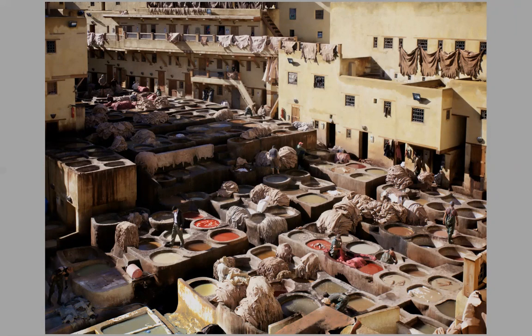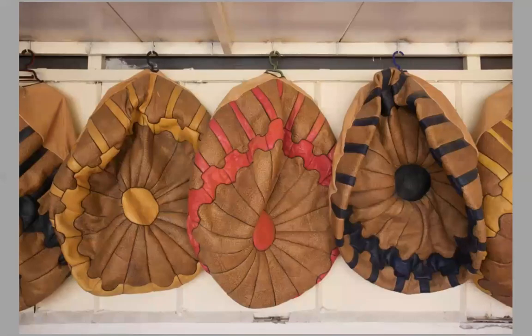And these vats have been there since the time of Christ. Well, actually before Christ. So it's built by the Romans. So it's well over 2,000 years old. And there are people who are working these vats. There are organic dyes in the vats where they dye the leather and create the most beautiful sort of leather pieces